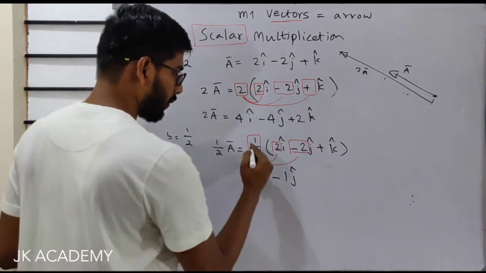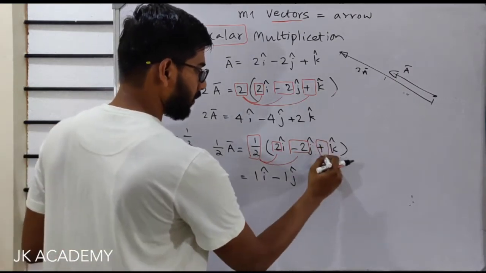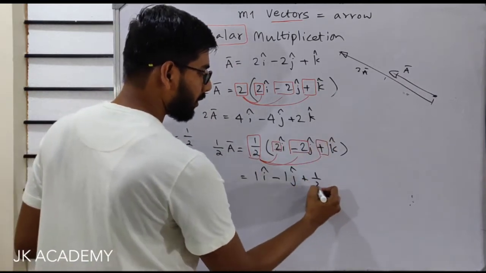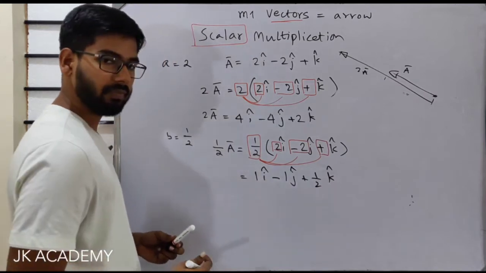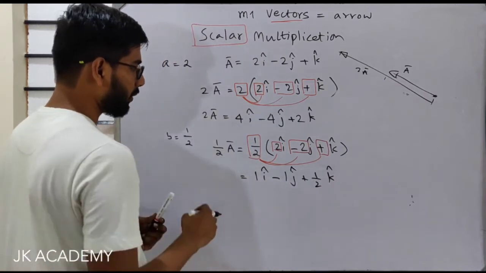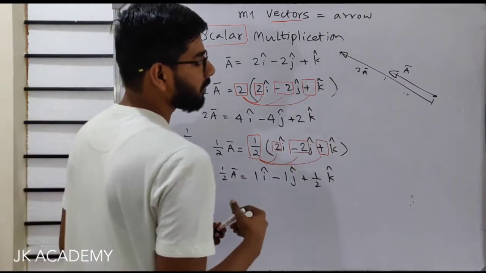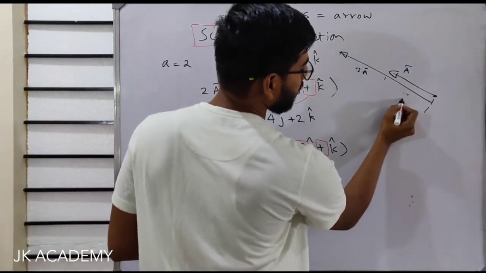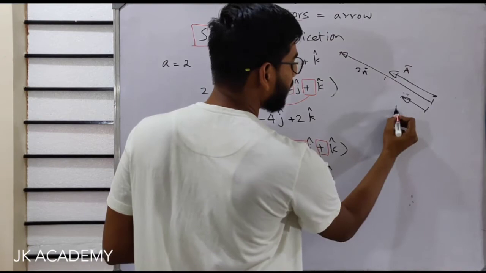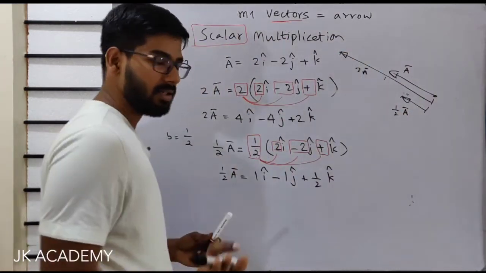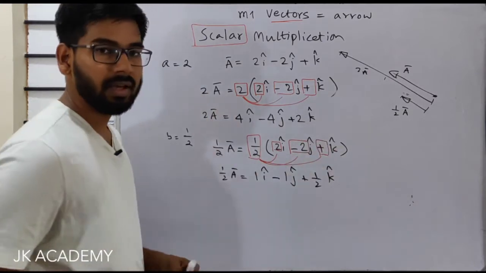Next, 1 by 2 into plus 1. What will I get? 1 by 2 into 1 is 1 by 2 k cap. This is my 1 by 2 a bar. So what happens to the arrow? The arrow will be from this point to just here. This is my 1 by 2 a bar. The direction of the arrow, the way it points, doesn't change, only the length of the arrow changes when we